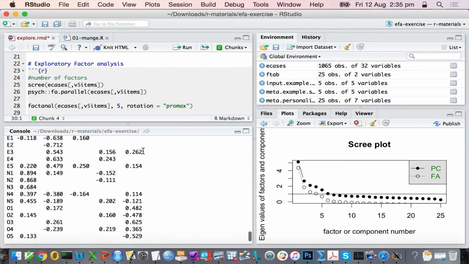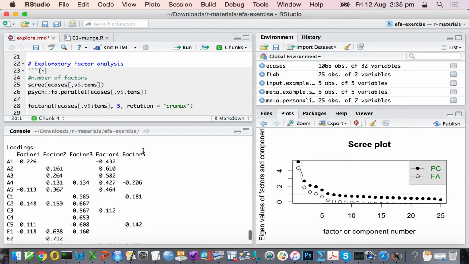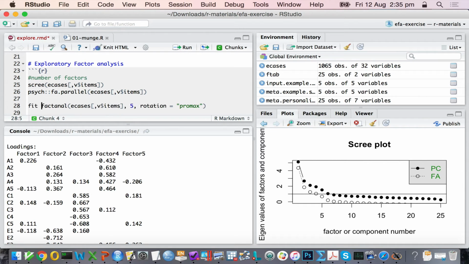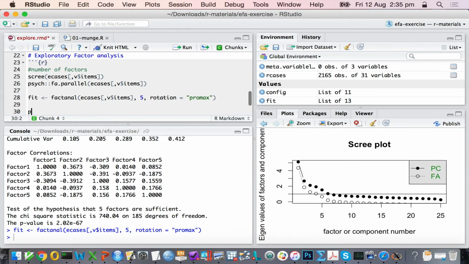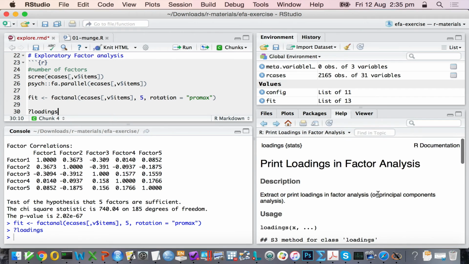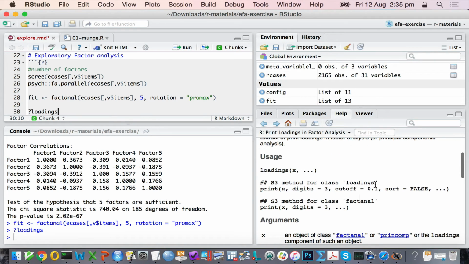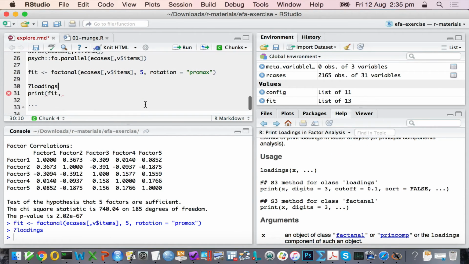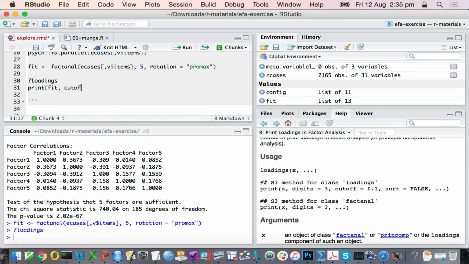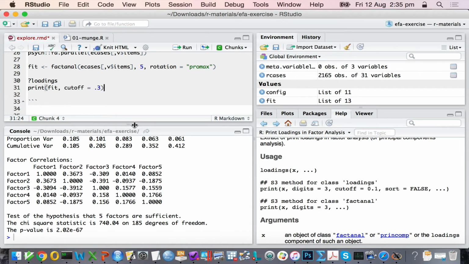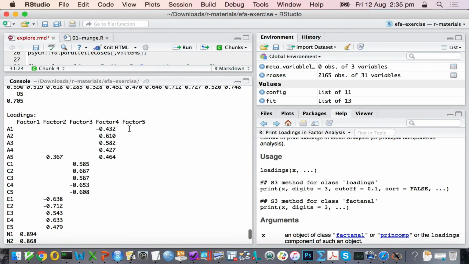the 5-factor model, and you can see the loadings here. By default, they're not that great, I don't think, but let's maybe do it. If you go to the loadings function, there are different ways of printing it. By default, it uses a cutoff of 0.1, which is a bit messy, I think. So maybe let's use 0.3. Okay, so if we have a look at that,